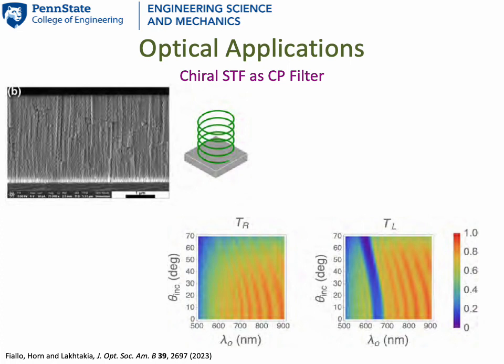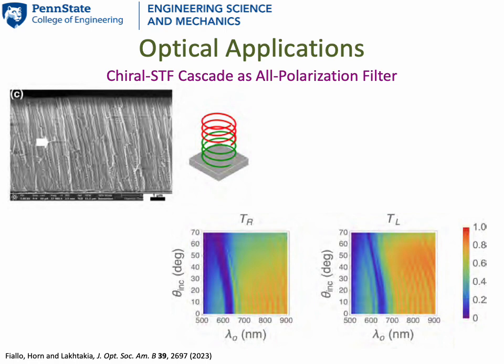If a chiral sculpture thin film is structurally left-handed, it preferentially reflects left circularly polarized light in the circular Bragg regime, but not right circularly polarized light. And so it functions as a band-stop filter for left circularly polarized light.